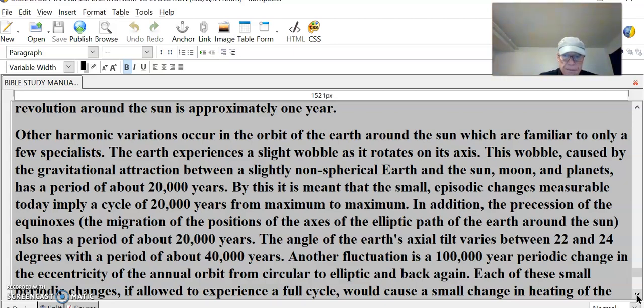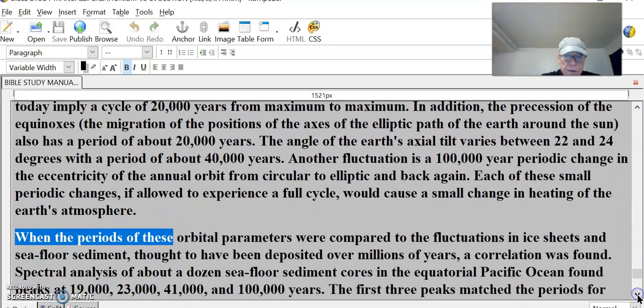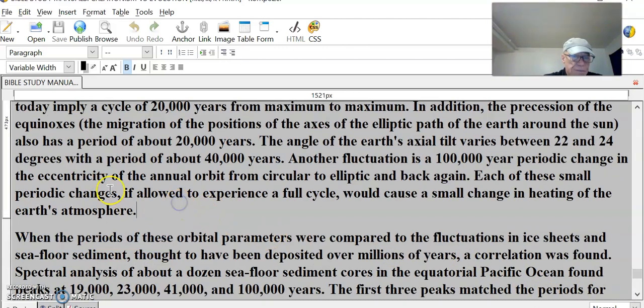elliptic and back again. Each of these small periodic changes, if allowed to experience a full cycle, would cause a small change in heating in Earth's atmosphere. When the periods of these orbital parameters were compared to the fluctuations in ice sheets and seafloor sediment thought to have been deposited over millions of years, a correlation was found. Spectral analysis of about a dozen seafloor sediment cores in the equatorial Pacific Ocean found peaks at 19, 23 to